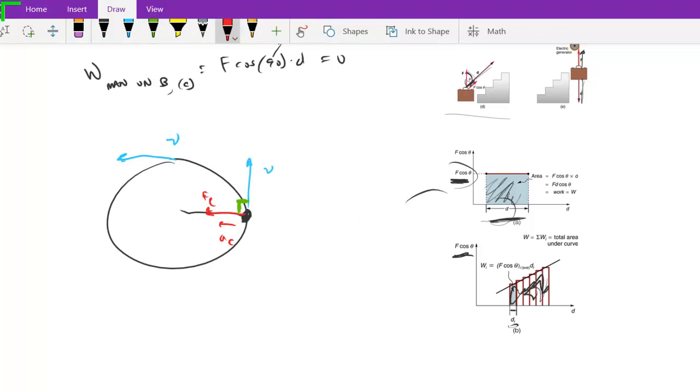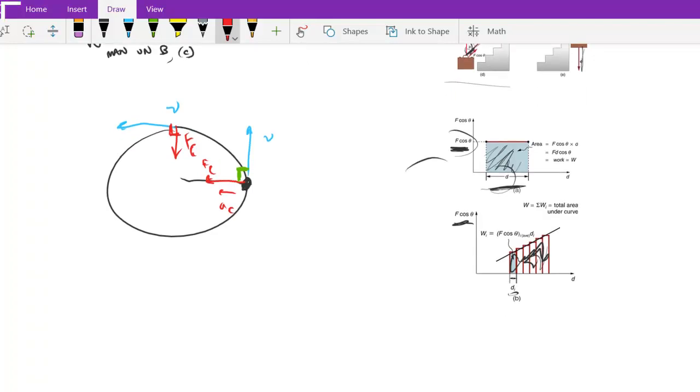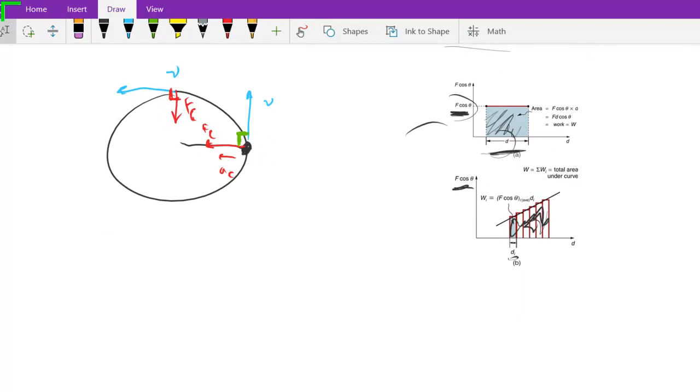If we have it over here, our force is in this direction, which again is perpendicular to our velocity, and therefore perpendicular to our displacement. So the amount of work done by a string when we have a rock attached to the end of the string going in a circle is equal to 0, because the force is always perpendicular to the velocity. So the work done by the string on the rock, in this case,